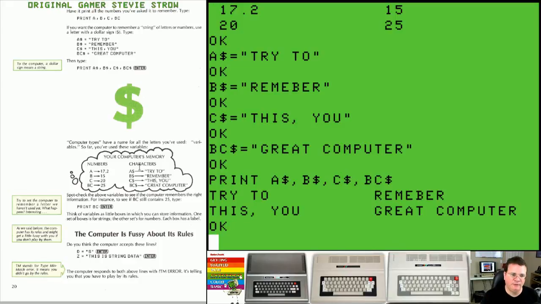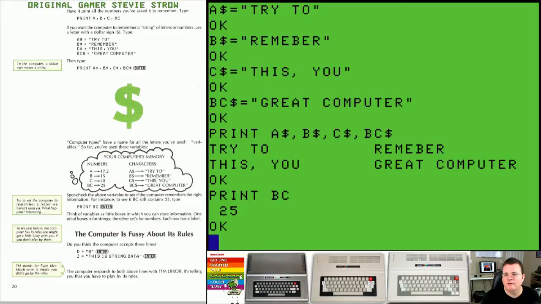We've asked it to do things, but it says, how about you spot check your computer? If the computer tries to remember something, for instance, let's see if BC is still 25. So if I say print BC, it's still 25 because it hasn't changed. We have not told the computer that BC is anything different than when we first told it. So information that's put in memory stays in memory, and that information will not change unless we change it or